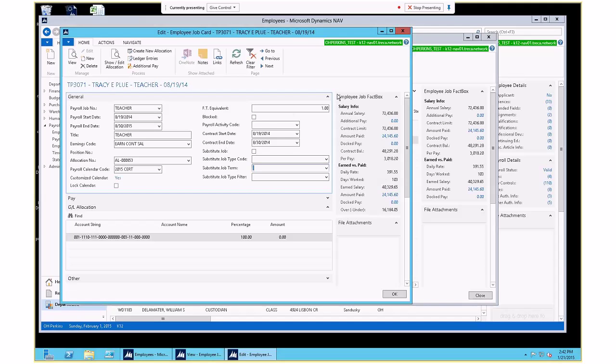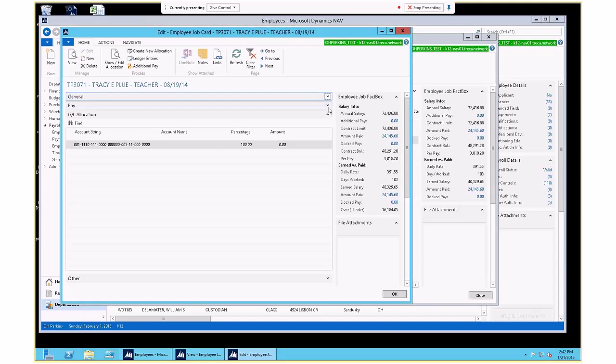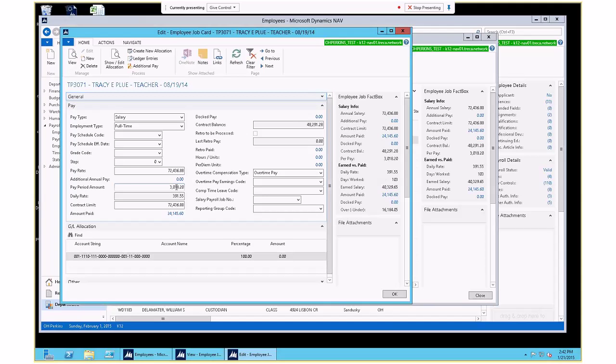All right, let's close this screen. Let's go to the pay screen. All right, so the pay screen is pretty big. Pay type, you have three choices. I absolutely recommend and really require that you don't change this, meaning that if you set up the job to be